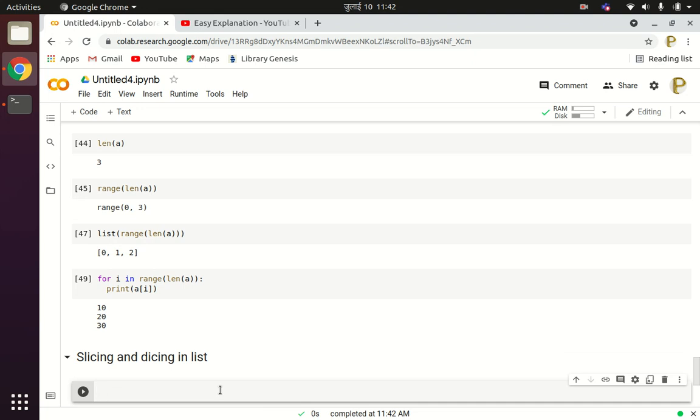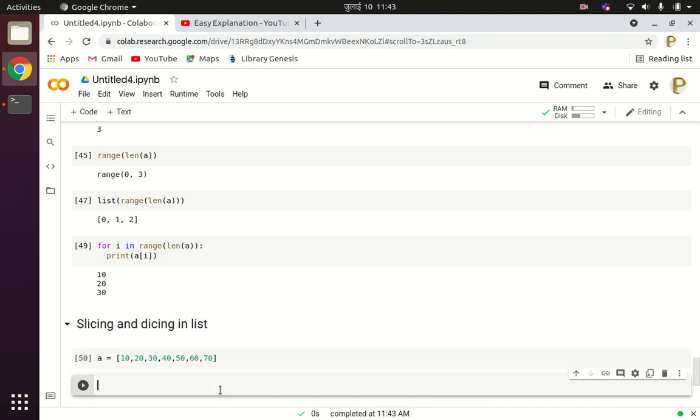As I have already told, the indices of the list are numbered from 0 to length minus 1. So suppose I have a list A equals 10, 20, 30, 40, 50, 60 and 70.